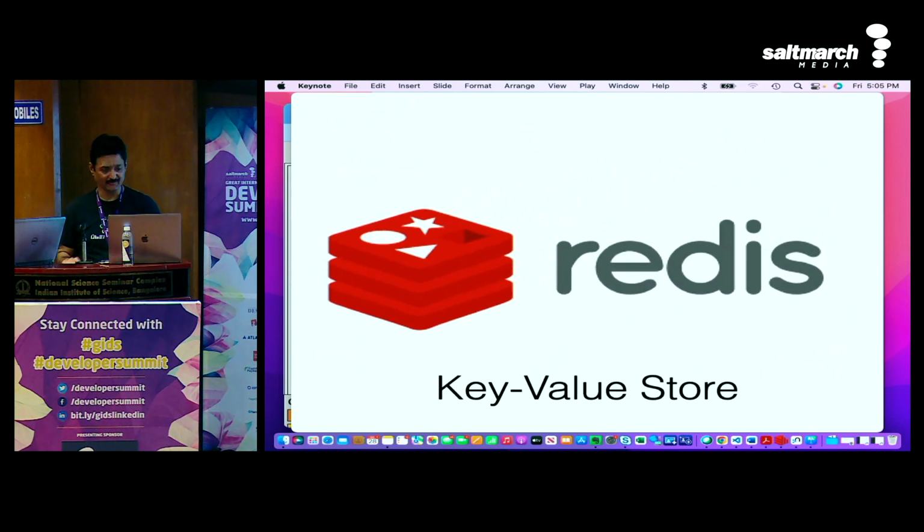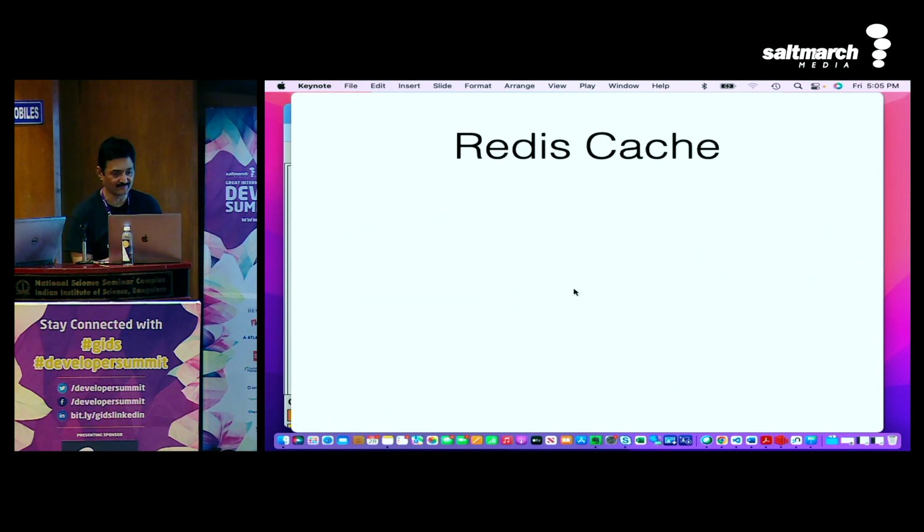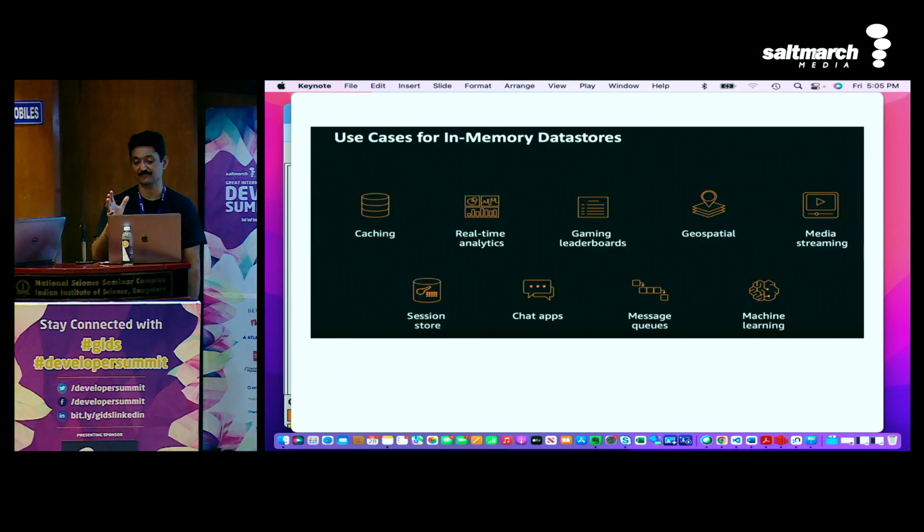Let's talk about Redis. So Redis is a key value pair, yeah? That's what we call it, Redis. But Redis is not only that. Nowadays, you can use Redis to do a session store, we all know that, but you can also do chat applications, message queues, and PubSub. You can also do gaming leaderboards. Why is this very important, gaming leaderboard, anyone? It's a very hard problem to solve, and they solved it. That's the reason. But you have a good point.